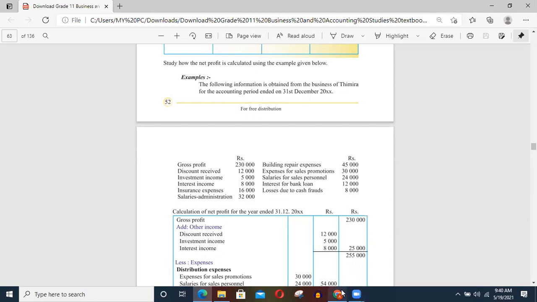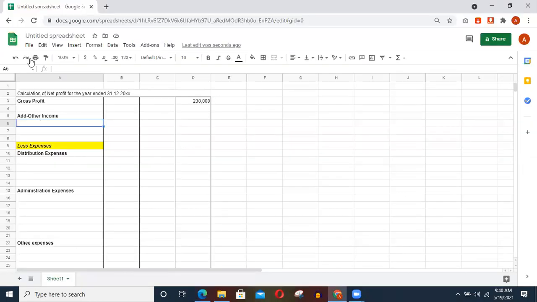So over here, you mention it under other income. Okay, so let's mention it one by one. Discount received is 12,000, investment income is 5,000, and interest income is 8,000 over there. So after mentioning all of them in the second column, you draw a tiny line here. After 8,000 you draw a tiny line, and then you put the total of 12,000 plus 5,000 plus 8,000 in the third column, which is 25,000. Okay,